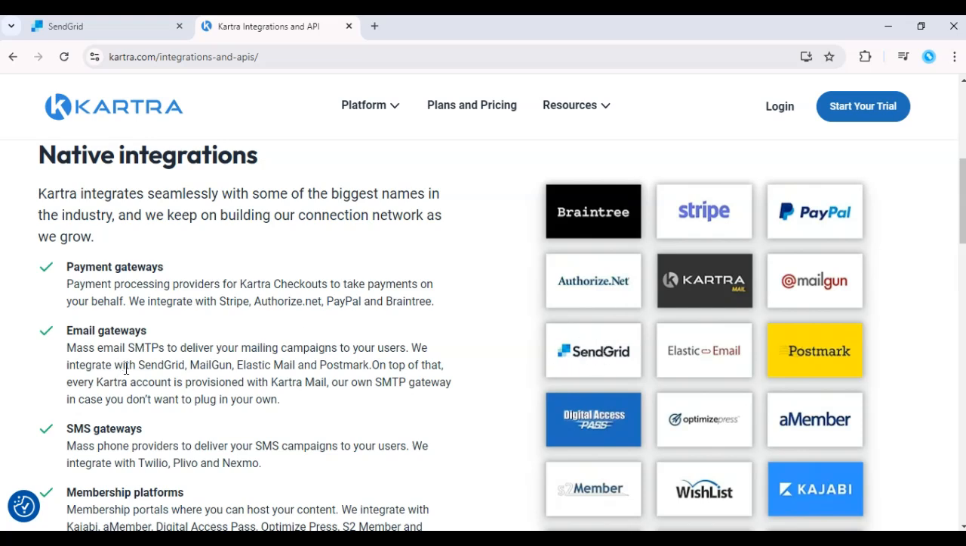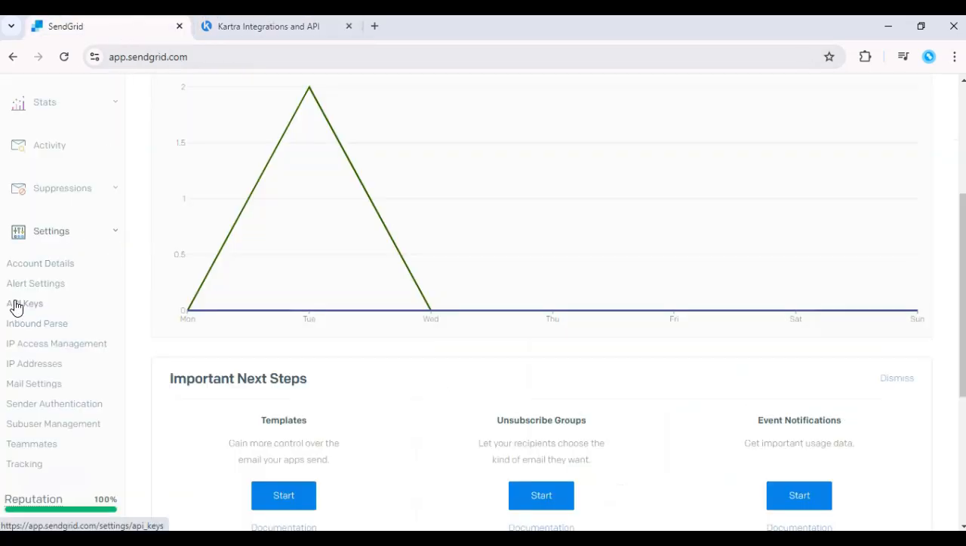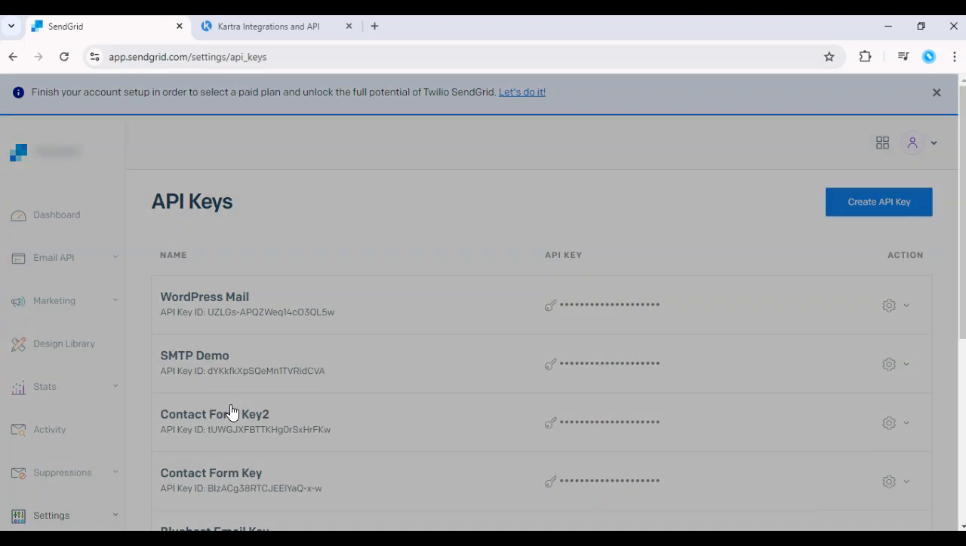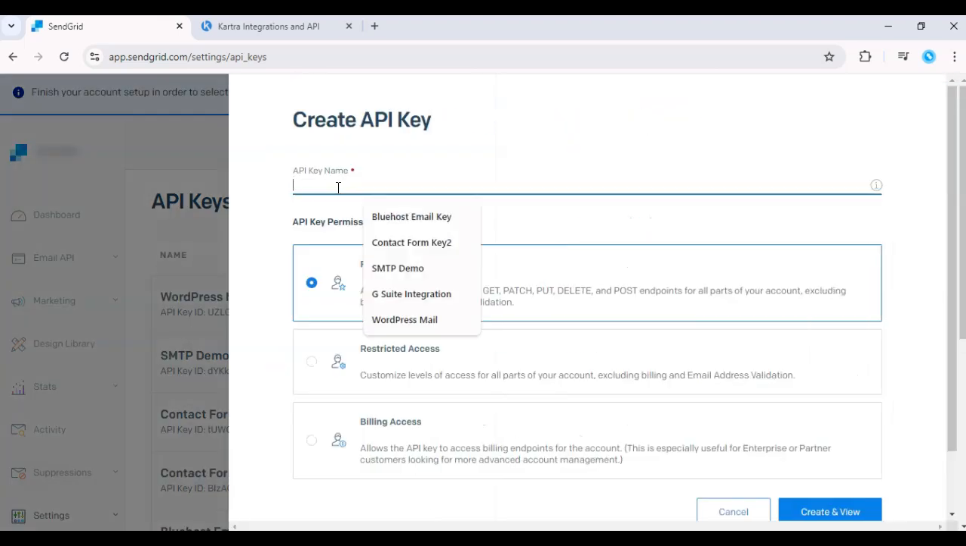Now head over to your SendGrid dashboard. Create a new API key by going to Settings. Click on API Keys. Once you've created the key, return to Kartra and input the API key in the SMTP server settings. For the SMTP server, use